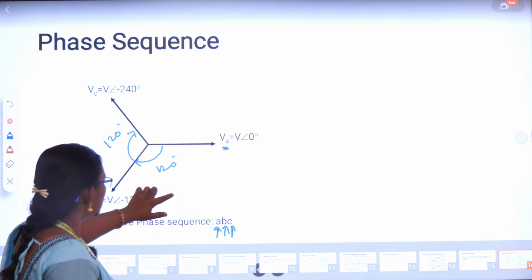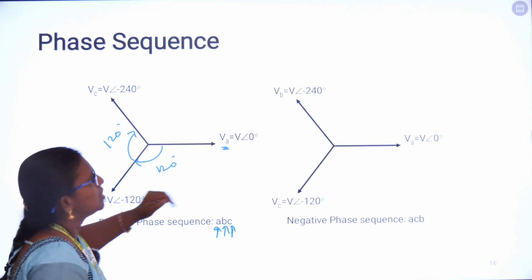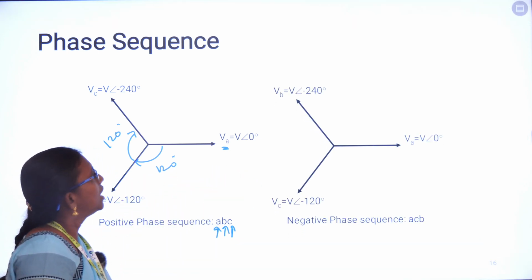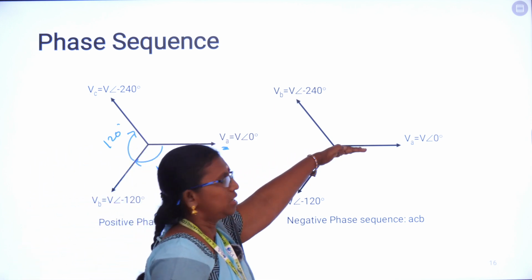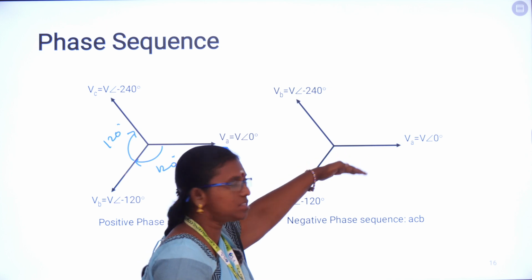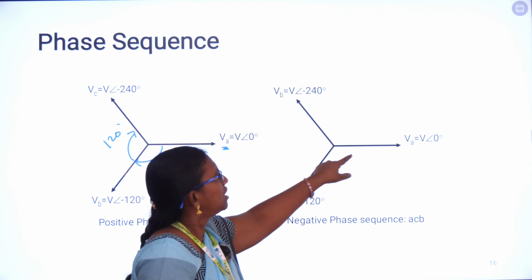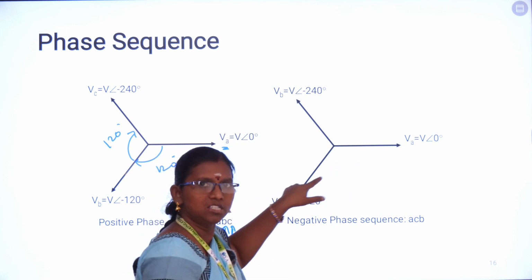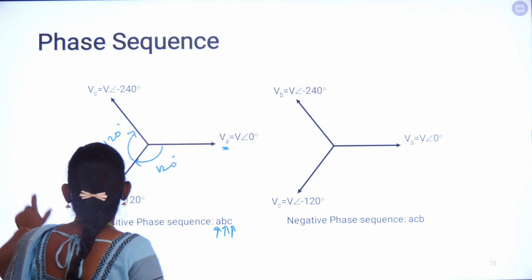And coming to negative sequence. So this is a negative sequence, and this negative sequence says VA is kept as reference. Here VC is reaching its peak after VA reaches its peak. This is the next peak, which means we can say